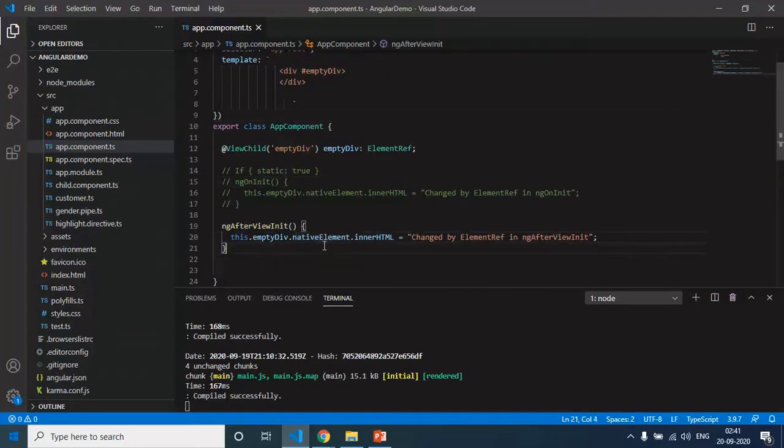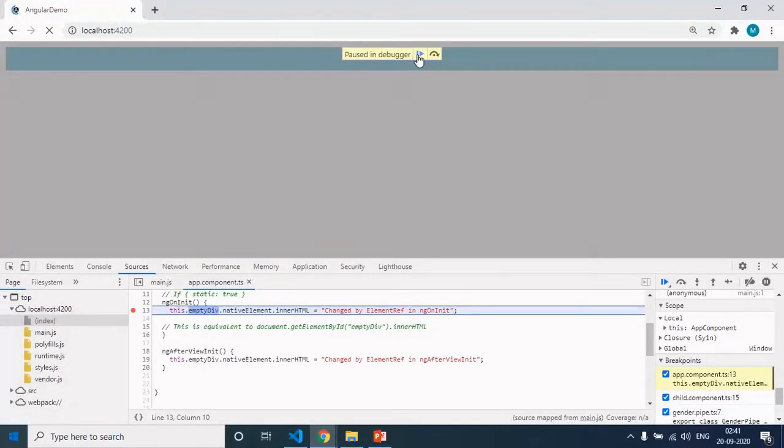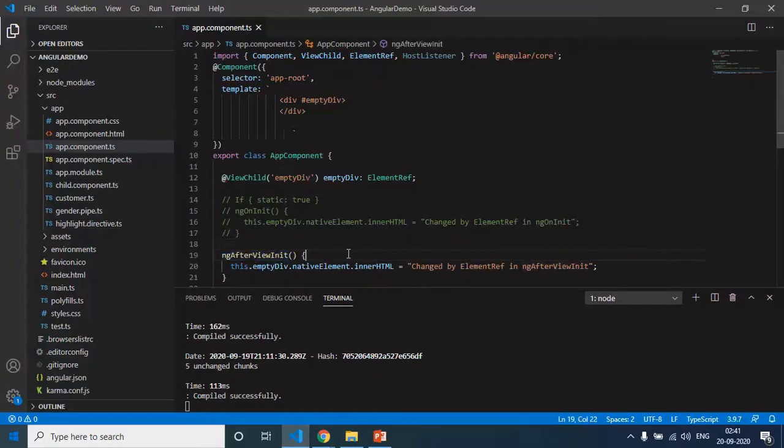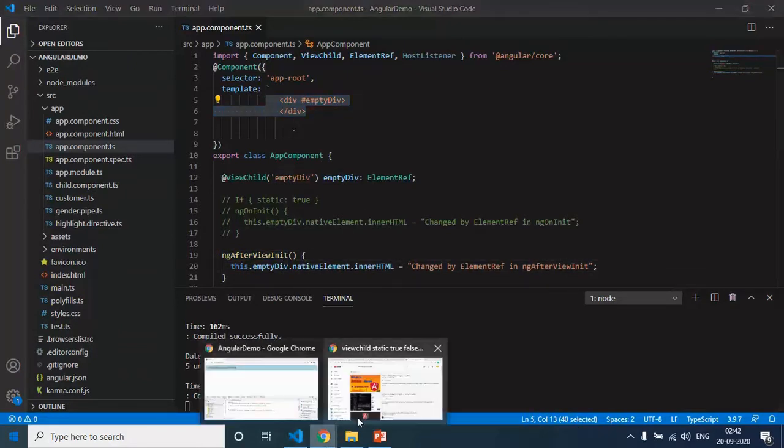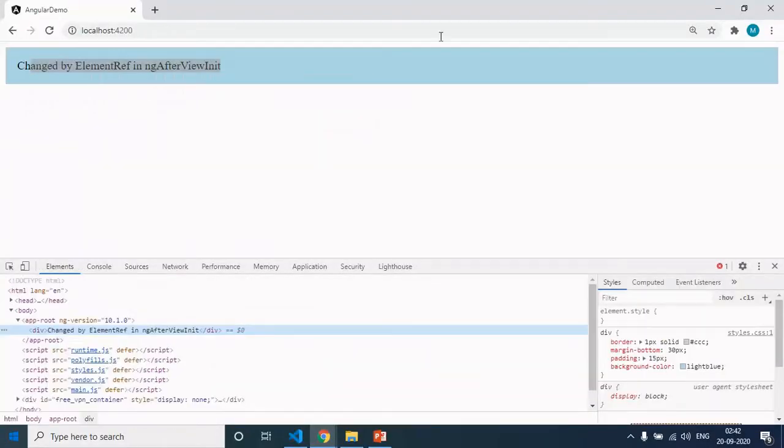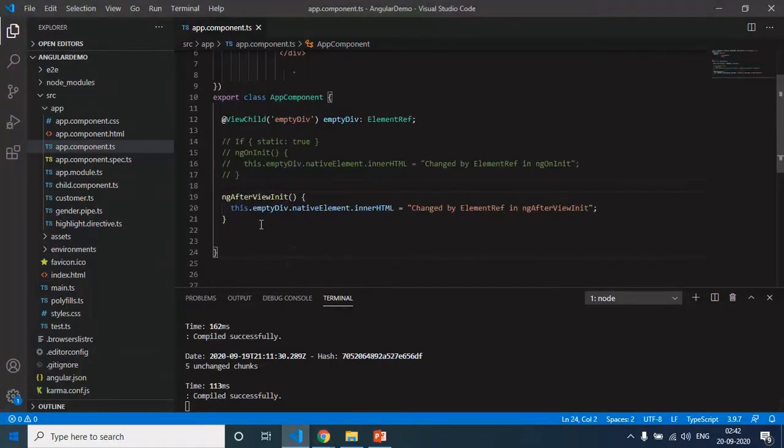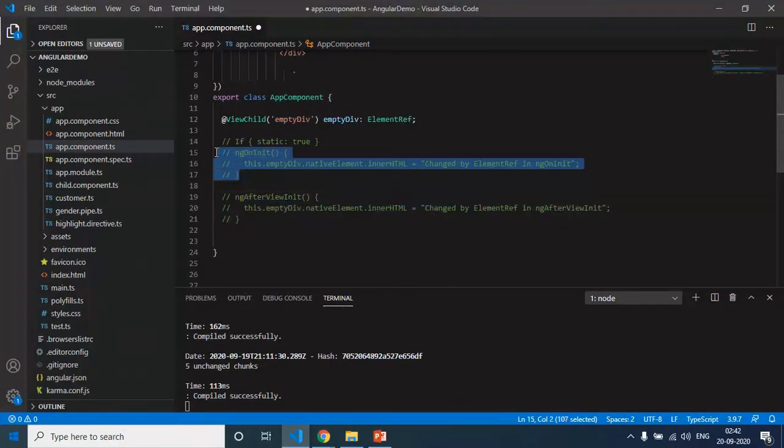So here you can see that I am putting some inner HTML into this div. If you run this example, you can see that we are able to see some HTML in the div. ngAfterViewInit is an Angular lifecycle hook. I will make a separate video on all the lifecycle hooks that are available in Angular. So we saw that using ngAfterViewInit, I am able to set inner HTML to this div element. Let's flip to the browser again and inspect the element, and you can see that I am able to set HTML to this div.